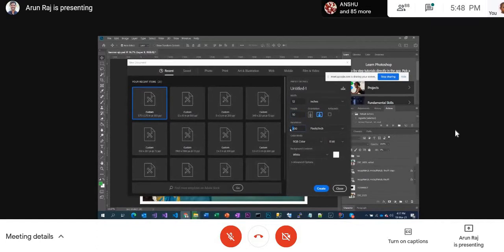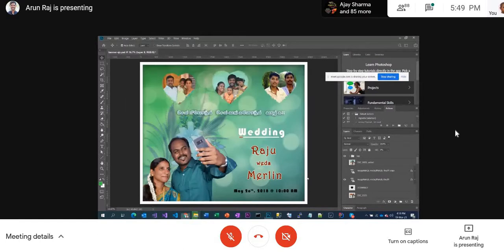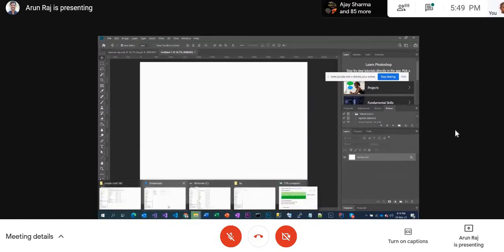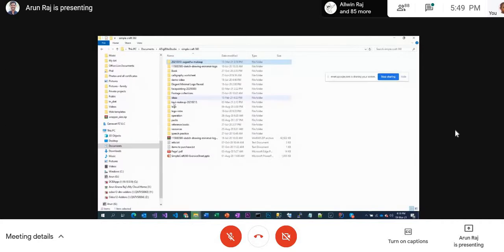And resolution is 500. See, in a normal card, anything when you want to print a small thing, a photo, everything, 300 resolution is more than enough. But when you are coming into a banner, minimum it's supposed to be 500 resolution. Then only things will be very nice. Okay. So I just created it. So let us do drag and drop our elements.